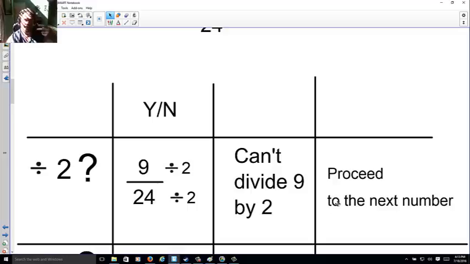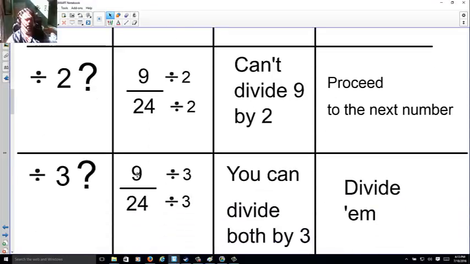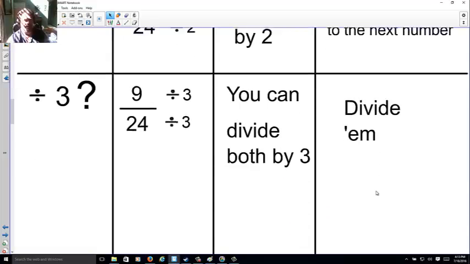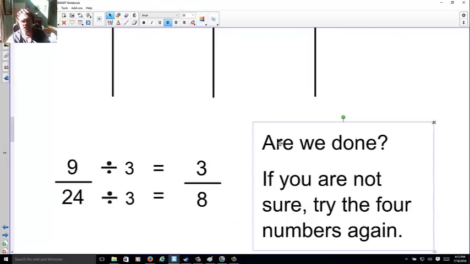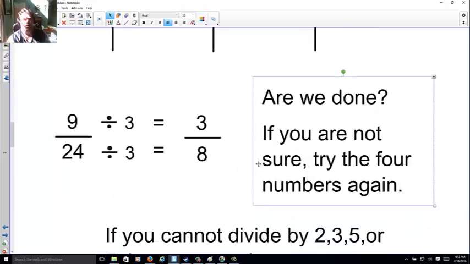If you can't divide by 2, could I divide by 3? Well, 9 divided by 3, yeah, that makes 3. And 24 divided by 3, that makes 8. I can divide both, so go ahead and divide them. So divide the top and bottom by the 3, and now I get 3/8. Am I done? Well, if you're not sure, try those 4 numbers again. Try 2, 3, 5, and 7, and you'll find that you can't divide 3 by any of them,